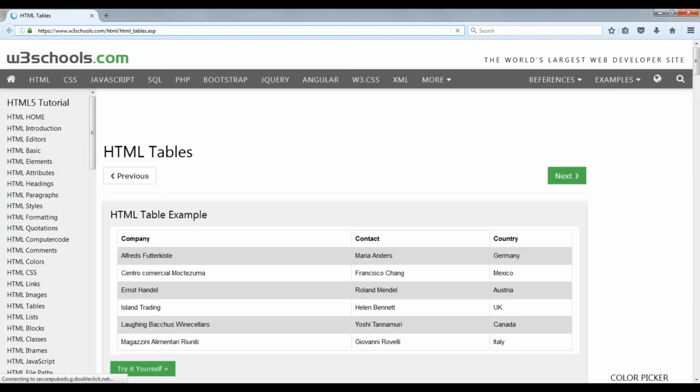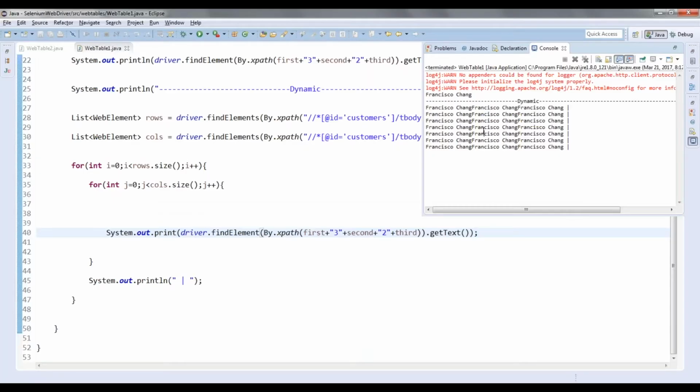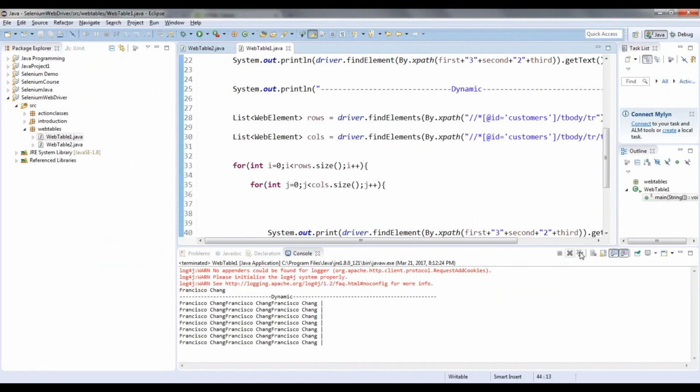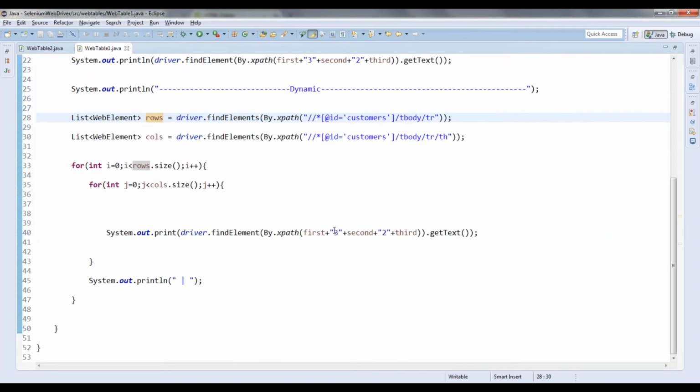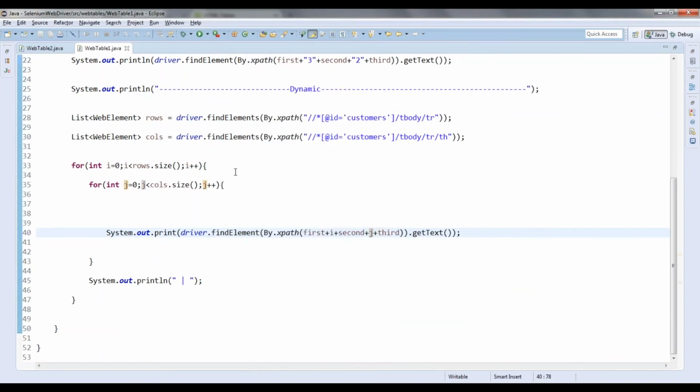It's giving dynamic only 3 and 2, right? I think only those values will be written. Oh, I'm sorry, it is not 3 and 2. That's the mistake of copy paste. I think we need to mention i and j here. Once I pass i and j, I will get those values here. So I'm running it again. Let us see the output.